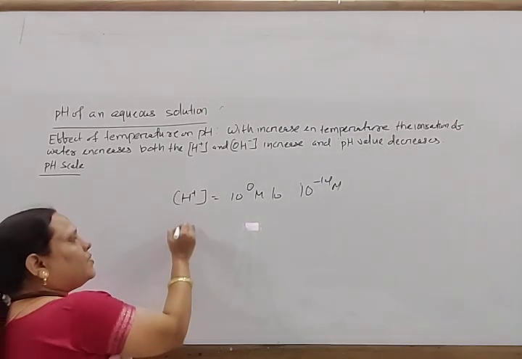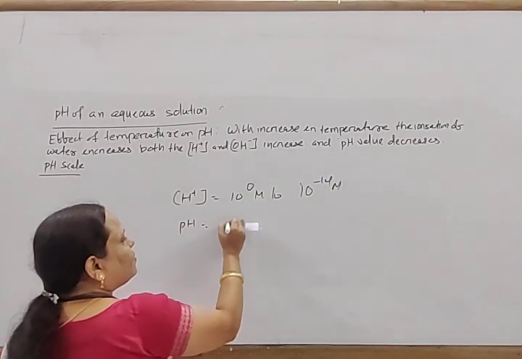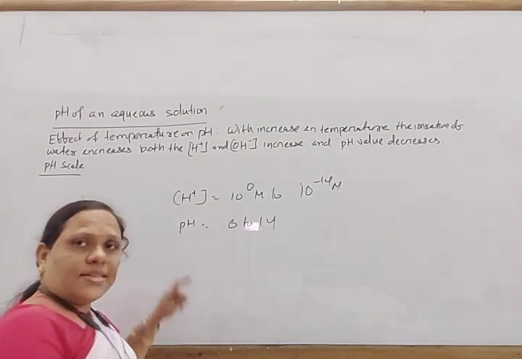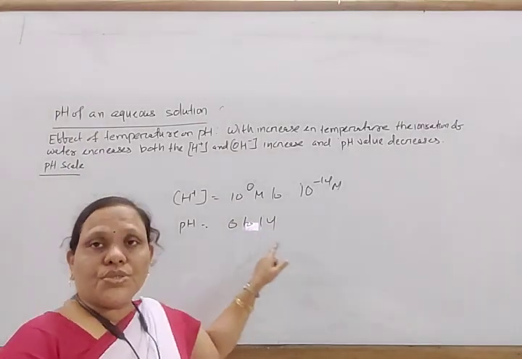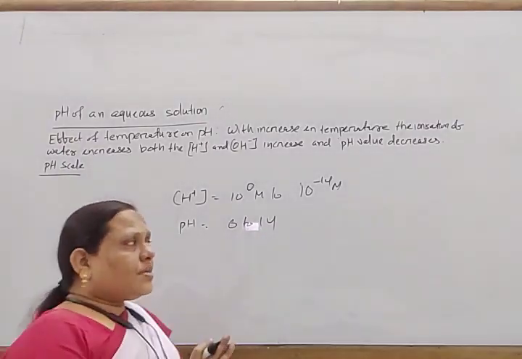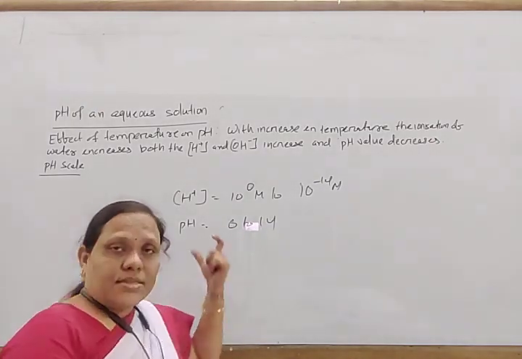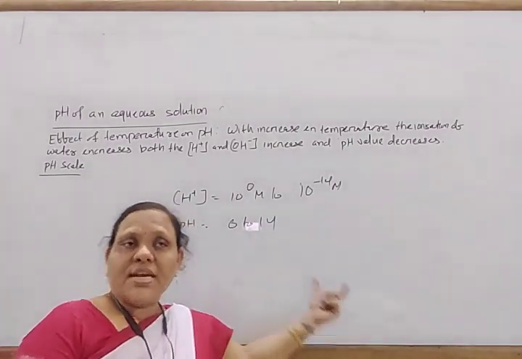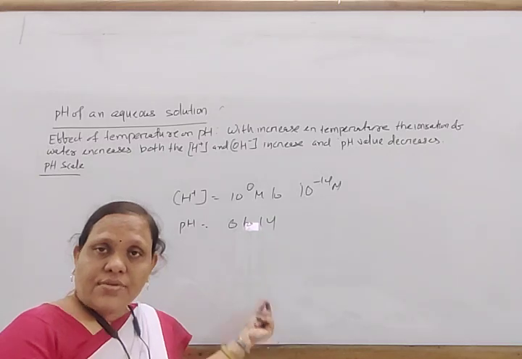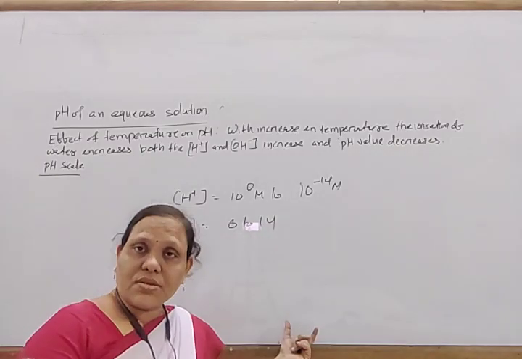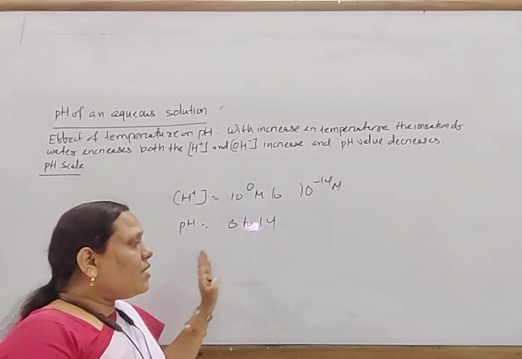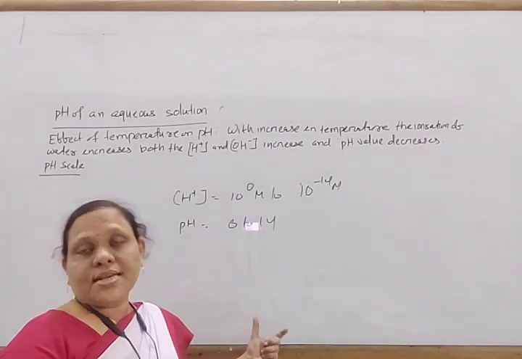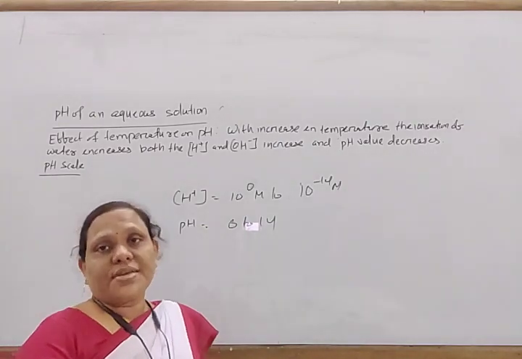In this way, the pH value also varies from 0 to 14. In the pH scale, theoretically, its value varies from 0 to 14. Some values indicate a strong acid, some values indicate a strong base, and when it is 7, this represents a neutral solution. When values are nearly equal to 7, that is moderately acidic or weakly acidic, weakly basic, and that can be determined from this pH scale.